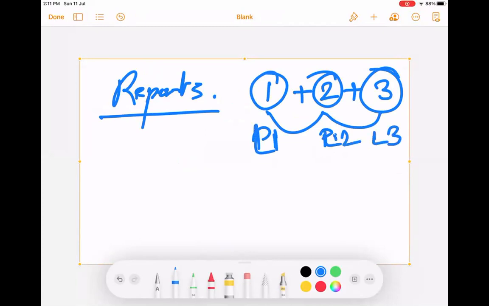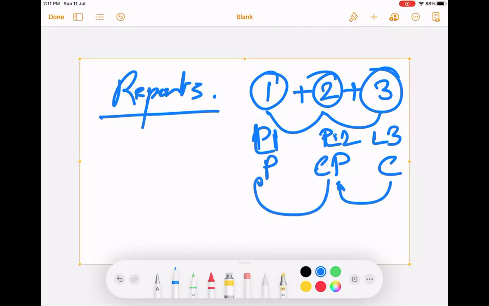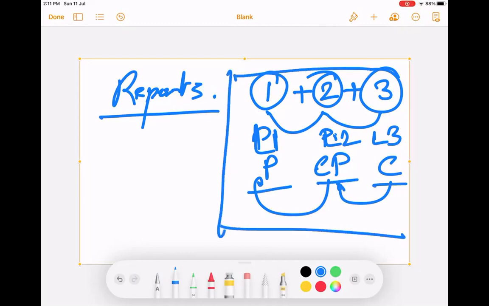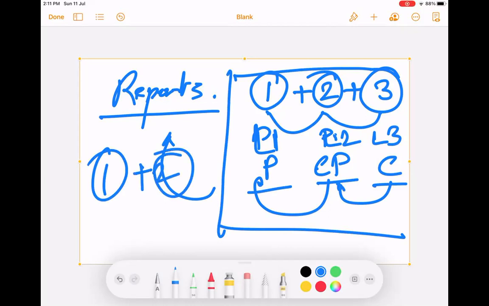That means this is the parent of this child, and there is another parent like this. This is a child. So 3 levels. If there is a relation between 3 objects, then that can be shown in a report. You can show 1, or 1 plus 2 objects together, or see and add another object. Yeah. So this is the way of seeing the data visualization.